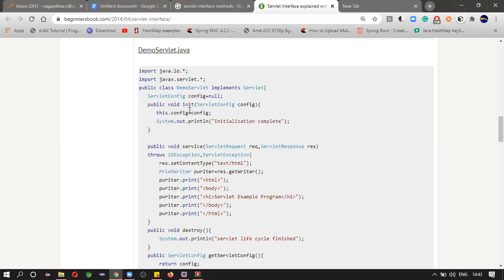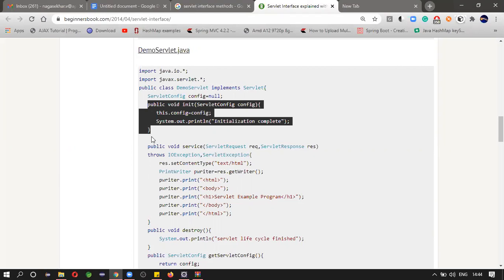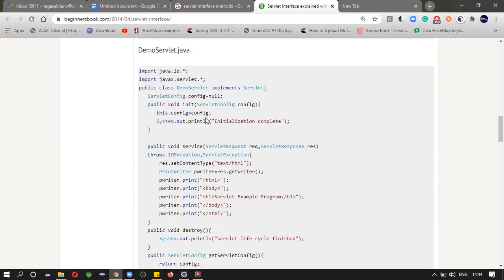If you implement generic servlet here and still write the init method, then what is the meaning of that? That is nothing but overriding. If you are explicitly writing this init method in this class, this is nothing but overriding the init method.